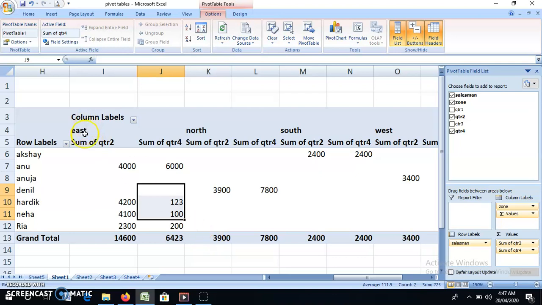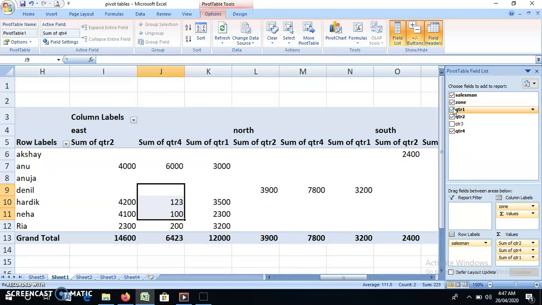So you can say for east zone sum of quarter 2 is this much. Sum of quarter 4 is this much. For north zone this. So this is how I am trying to understand. Suppose I add one more quarter. So now what is happening? Quarter 2, quarter 4 and quarter 1. So 3 quarters are there, and for every quarter I am trying to find out the sum. So I could find that sum of quarter 1 is quite high and sum of quarter 4 is also quite high, but for the north zone this is not much.